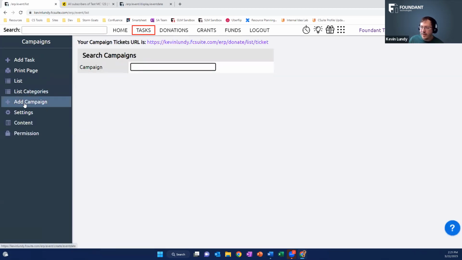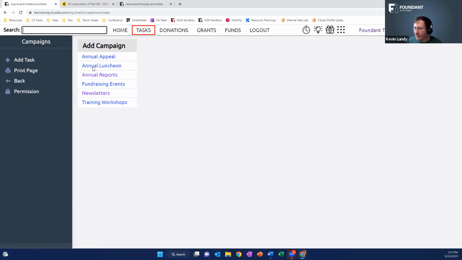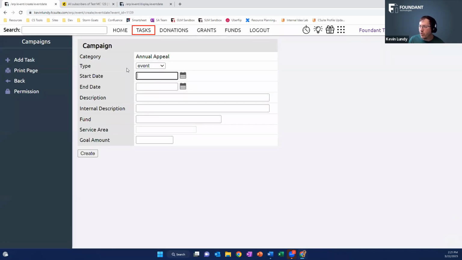But let's go ahead, jump in. Let's create a new campaign. Really quickly, we're going to create a marketing type of campaign, so a mailing list. Then we're going to circle back and we're going to create an event. So as we get started, we're going to come into the familiar option here of adding campaign. The first question the system gives us now is asking us, hey, which group do you want to add this to? So if I'm adding it to one, I'll say, this is an annual appeal that we want to make. Again, when you first start, event will be selected, but if this were a marketing piece that you're developing,